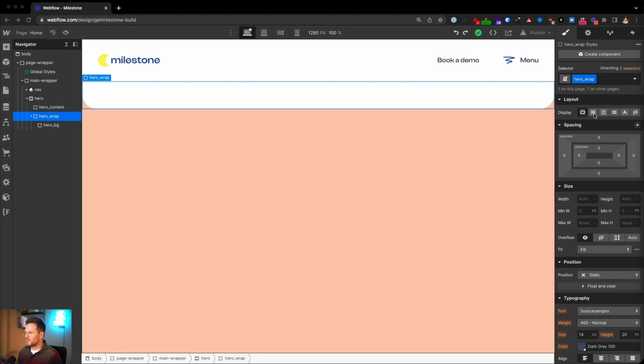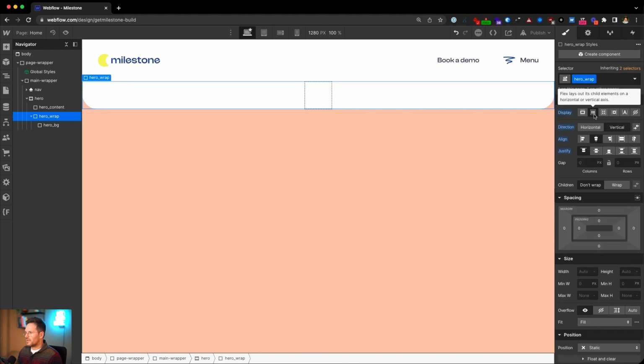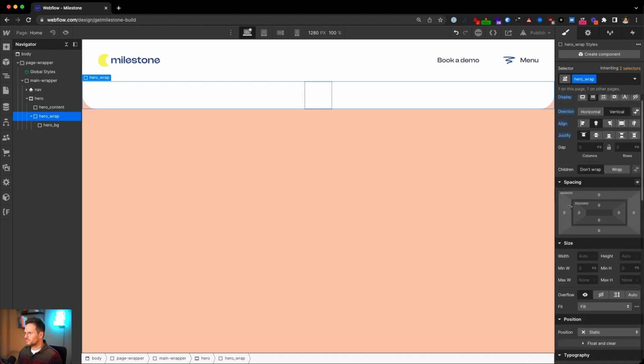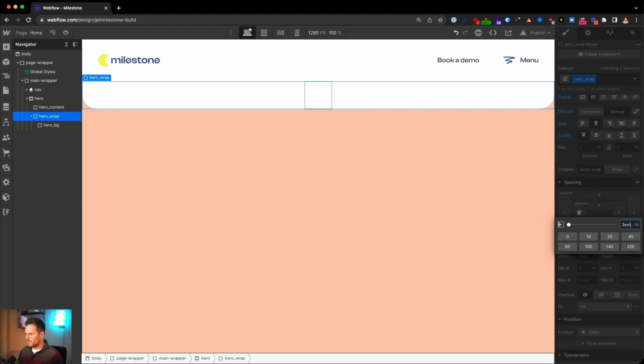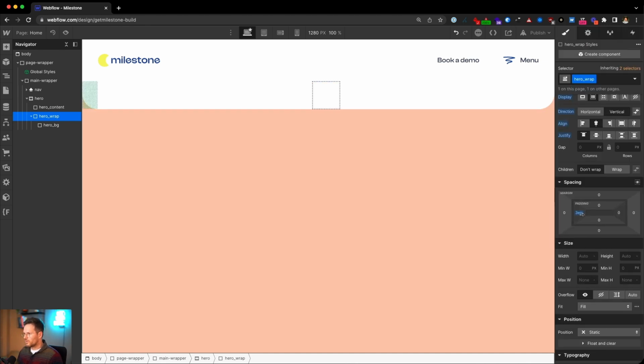At first we give it a display flex, and vertical direction is fine. For the padding we need 3em on both sides.